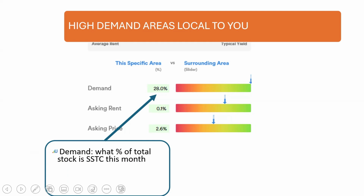All right. So the demand is the percent of the total stock which is sold subject to contract in the month. Complicated to work that measure out. Very complicated. It takes a huge amount of processing power to do the whole of the UK, but you can get that all the way down to postcode level. And then similarly, you've got the monthly movement for advertised value and rent. So it's not this year versus last year, it's the monthly movement. Okay. So that's really powerful because you can see the trend where the market's going for a particular property type